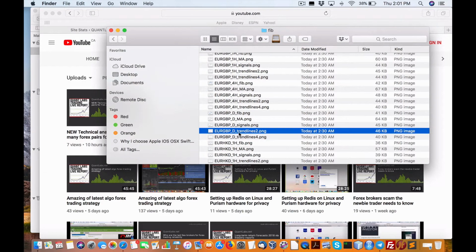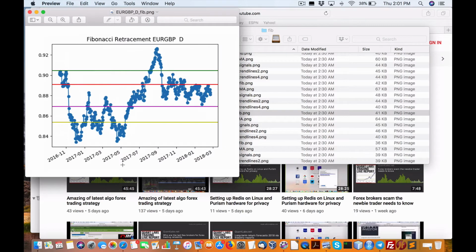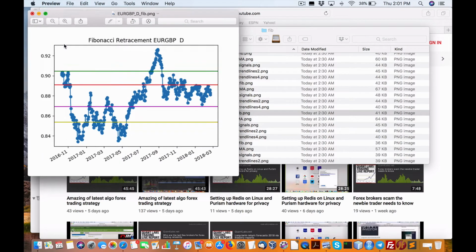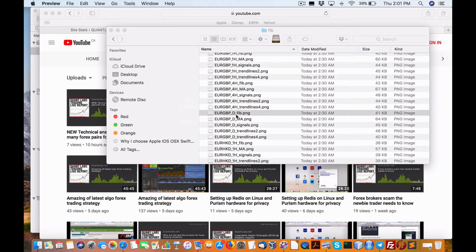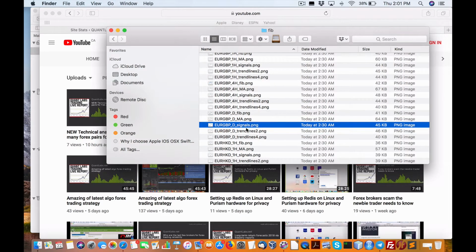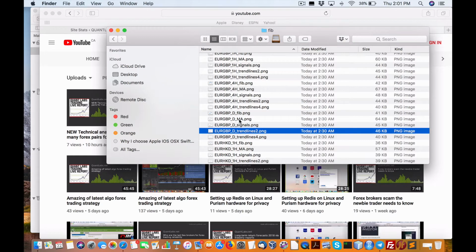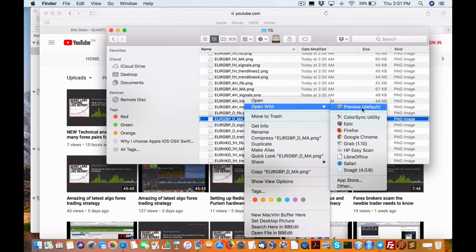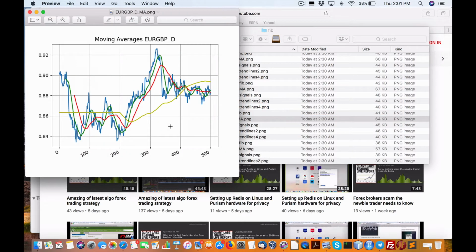Let me just look it up. This is data from November 2016, 500 data points up to 2 days ago. So we know the signals are looking pretty good for the GBP and with the trend lines, but specifically, if you really want to know how things work,